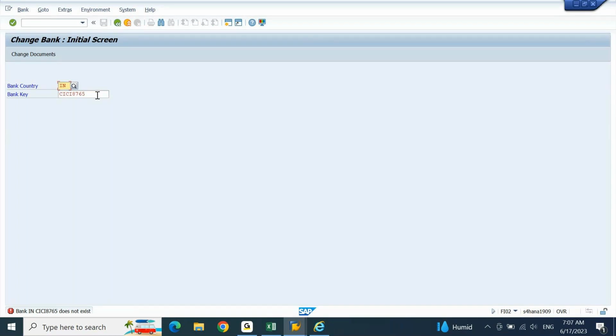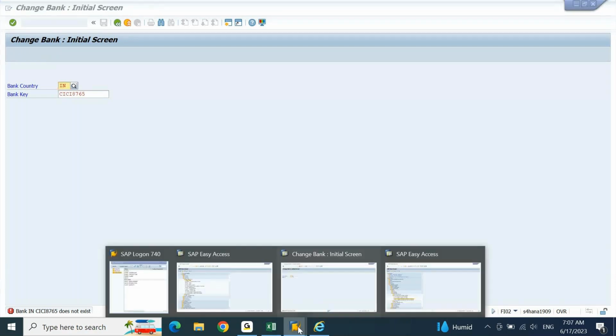What is the message you are getting? Is this bank key available, or it says it does not exist? Does not exist. It says this does not exist. Now, if I go to BP screen once again,